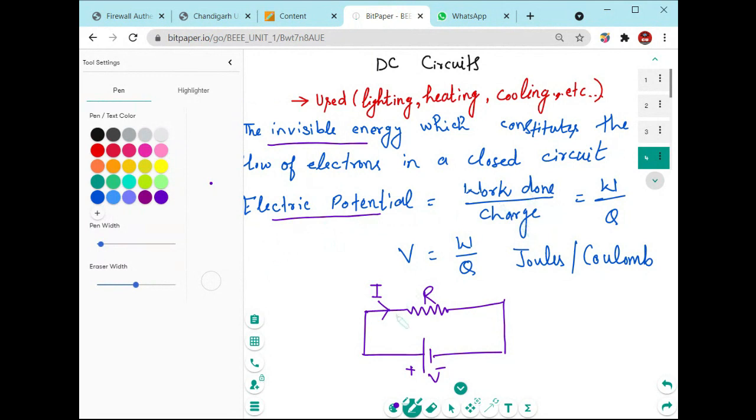So here we can find out the electrical potential across these terminals. Across these 2 points we can find out the potential difference. Work done divided by the charge. And how can you represent this? Work done can be represented by W and charge by Q. So this potential is written as V is equal to W upon Q, and we can measure it in joules